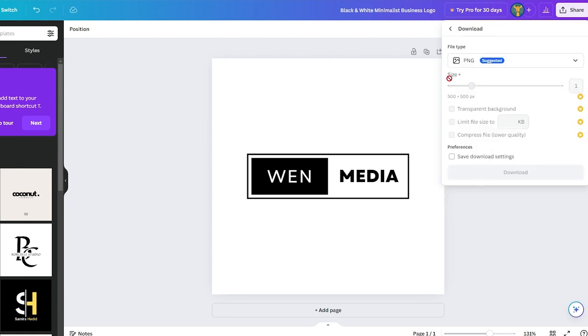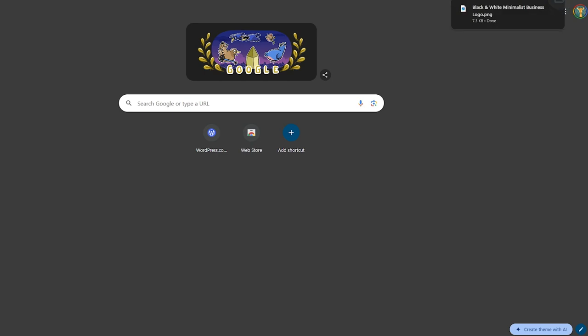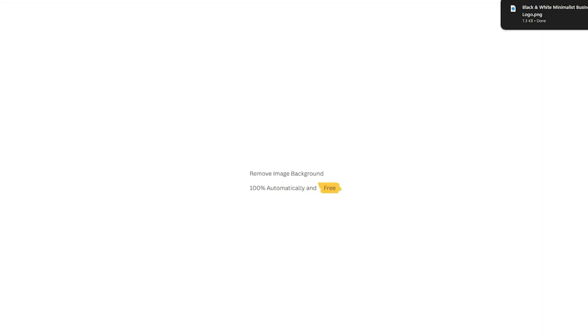So if we click on download, we can go ahead and download it as a PNG. But as you can see, we need to download it as a transparent background, but we can't do that because we're on the free plan, and that's a paid feature. But what we can do is go over to this website called remove.bg, and we can remove our